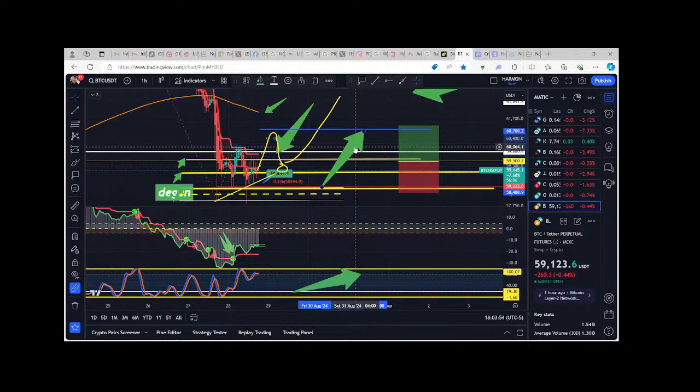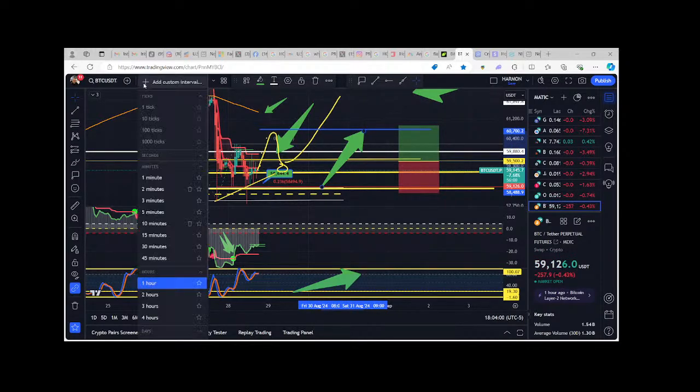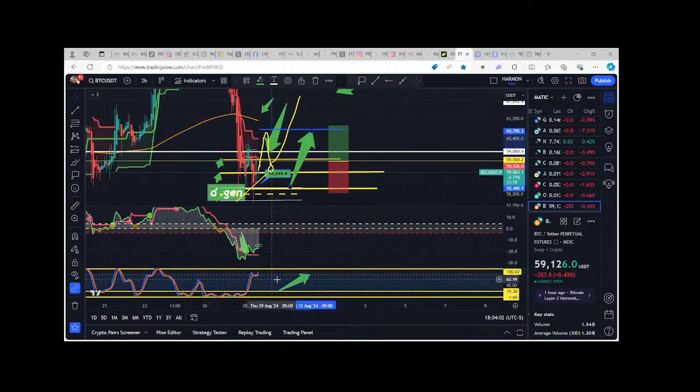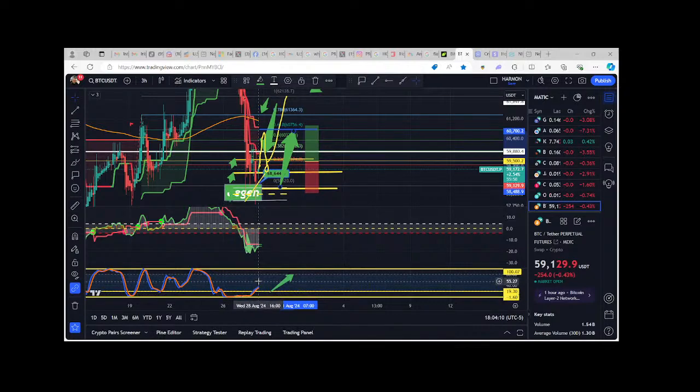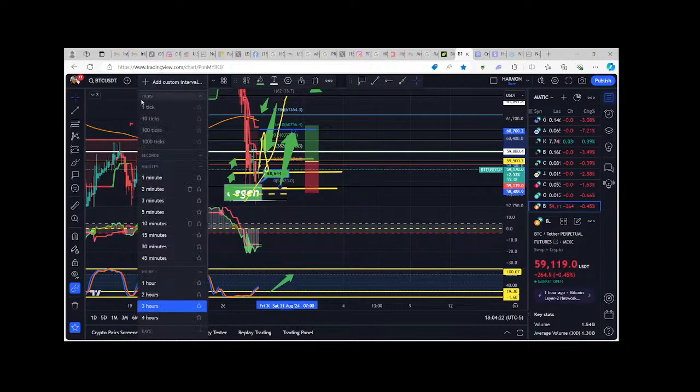So once that move happens there, we can then reevaluate where all the RSIs are, if the 2 hour is at the top and it's starting to come down. So kind of like where it's at now. You see how the 2 hour is reaching the top here? That means we're going to see the most pushing, because once they get to the top, that's where they're the strongest, so we should see the most volume in there. But if these get to the top and then start to show weakness, we know that more than likely